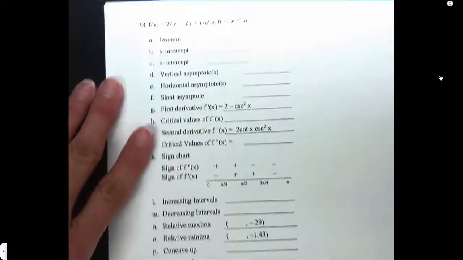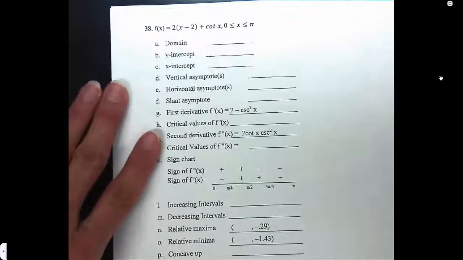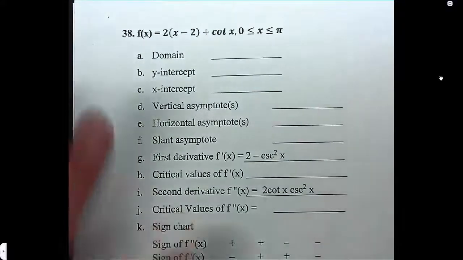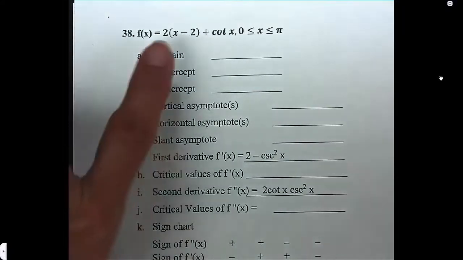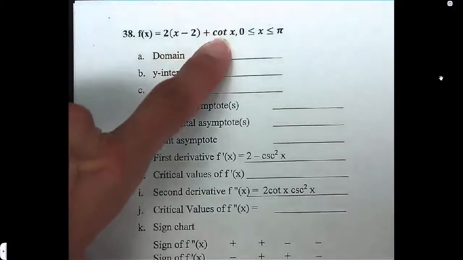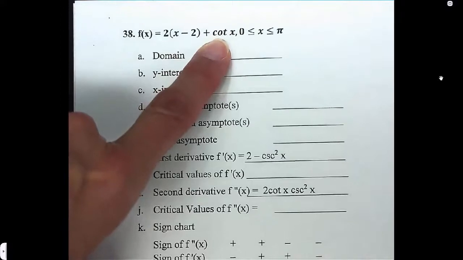What about a trig one? Oh, yeah. I haven't done much of the work on this one. Number 38, f of x equals 2 times x minus 2 plus cotangent x. We're only supposed to graph it from 0 to pi. So from 0 to pi,